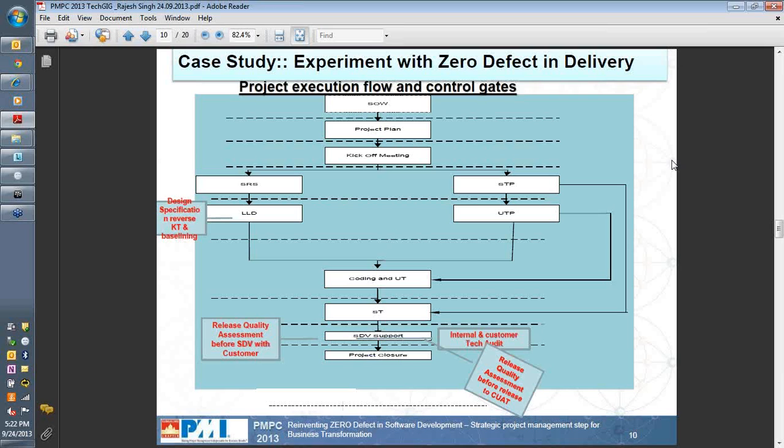In the V model, we have two tracks. One is development, following one track. Another is testing, following another track. At the time of the final release, testing takes over. The only thing that might be a little different here is that we have different control gates